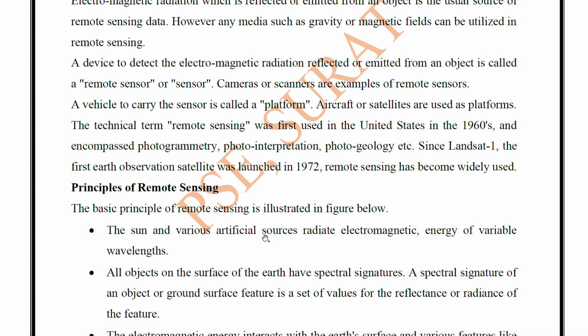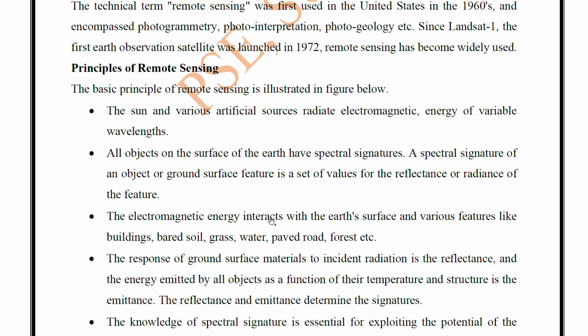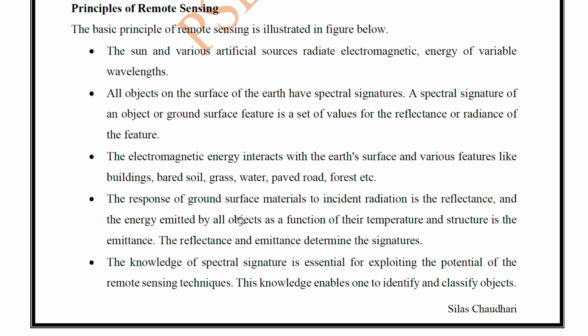Now, what are the principles of remote sensing? There are some basic principles. The sun and various artificial sources radiate electromagnetic energy of variable wavelengths. All objects on the surface of the earth have spectral signatures. A spectral signature of an earth or ground surface feature is a set of values for the reflectance or radiance of the feature. The electromagnetic energy interacts with the earth's surface